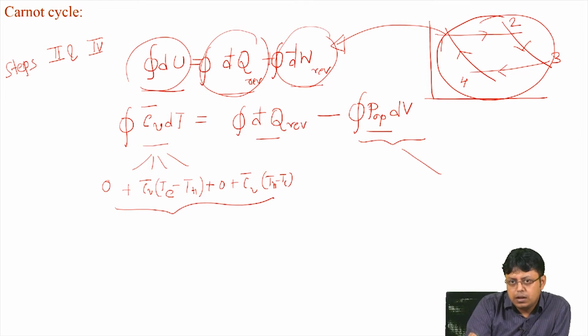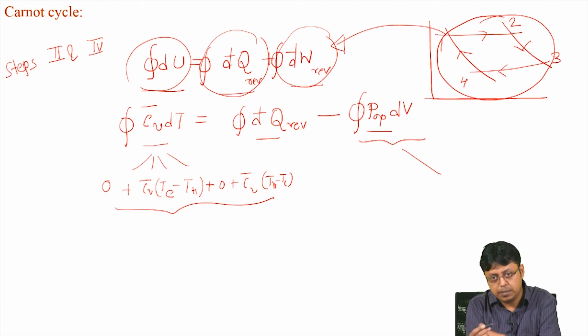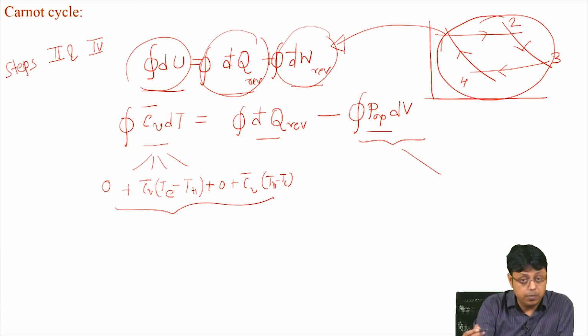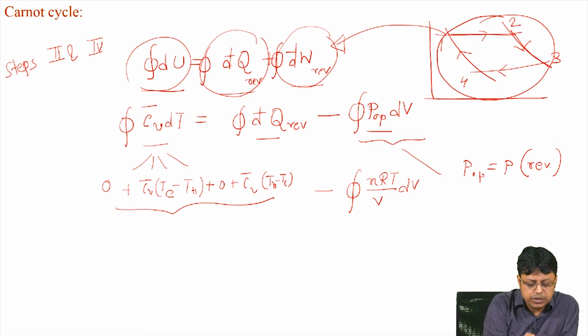Now, for any isothermal process or any adiabatic process, since they are both reversible, the P opposing can be set equal to the pressure of the system, because these are all reversible. Remember that this path is a reversible isothermal path and this path is a reversible adiabatic path. So, we can write it as minus P dV, and using the formula for the ideal gas it is nRT by V dV. Now, we can divide both sides by T to get an equation something like